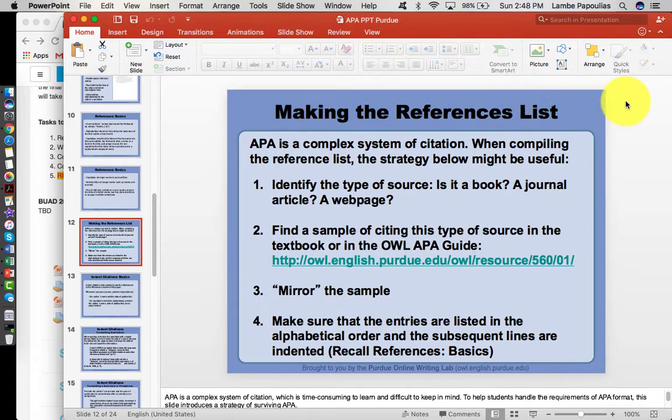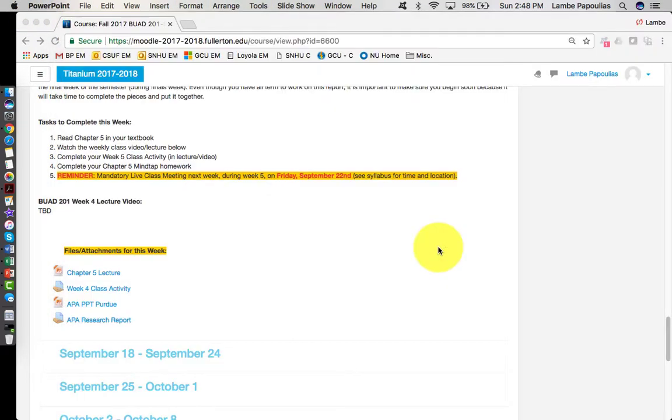Again, this is a project that will take you time to complete. You need to find an entrepreneur. You need to call that entrepreneur. You need to make sure that you schedule an interview with the entrepreneur, someone who owns their own business. Once you schedule that interview, then you need to start writing. So you can see how this is going to take some time to complete,